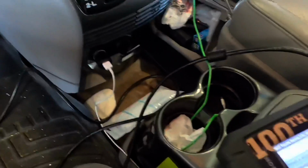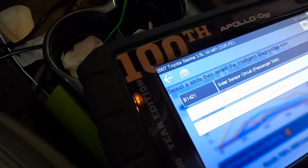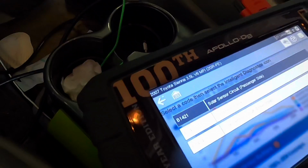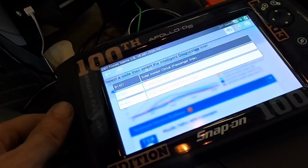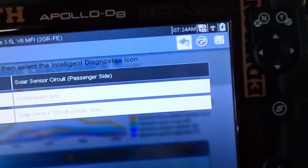It did throw those same codes again, both of which for those solar sensors. I'm going to investigate those in a moment, but it gave me that 1422. It could give me that code a second time because an open circuit is